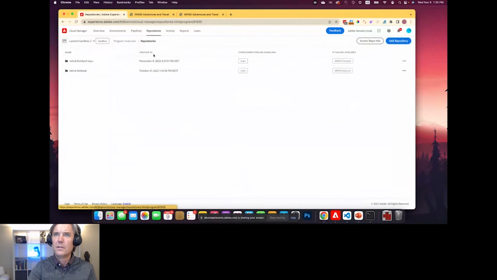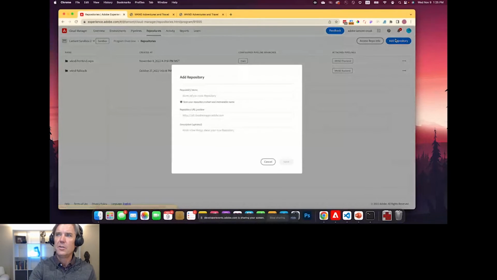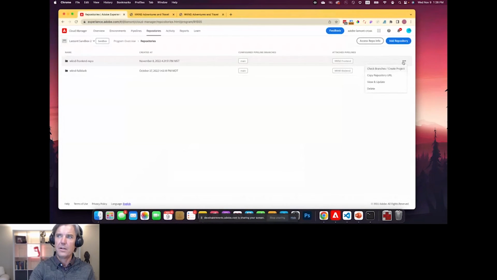So the repository is pretty straightforward. You're simply adding a repository, you're naming it, pretty standard here. This is not altogether different than what you would do on GitHub. After you do that, you need to just remember to create the project. So, fundamentally, this is putting that initial content in the repository. So again, if you already have a project, that's completely unnecessary, but it's necessary for the interface. It feels kind of unnecessary, I guess is what I'm trying to say.